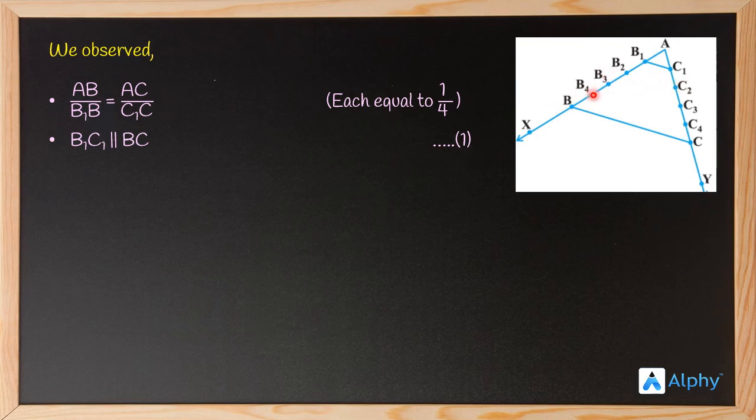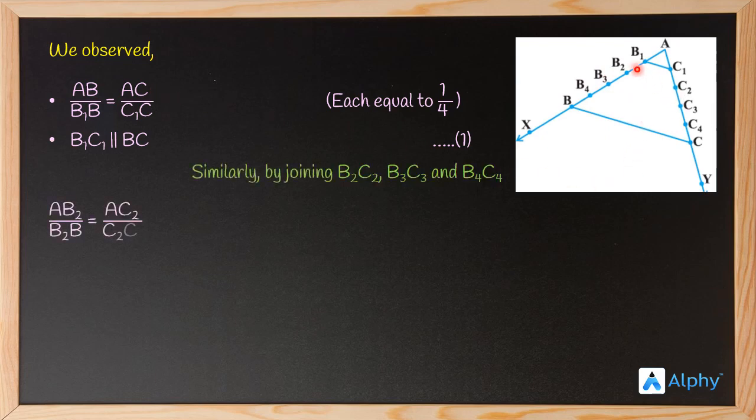Similarly, by joining all these lines, we will obtain similar results. For example, if we join our second line, we will get AB2 by B2B is equal to AC2 by C2C, which is equal to 2 by 3, and we will also obtain that B2C2 is parallel to BC, and we mark this as equation number 2. Here you may observe that